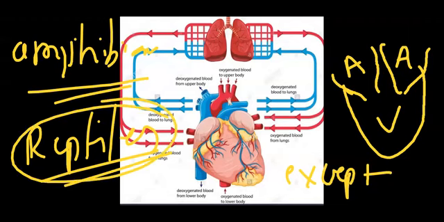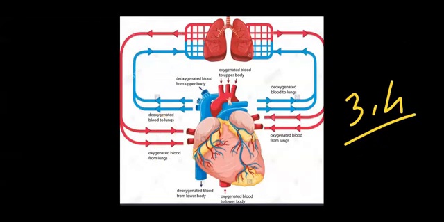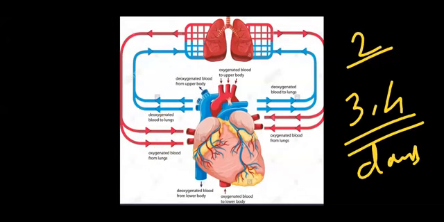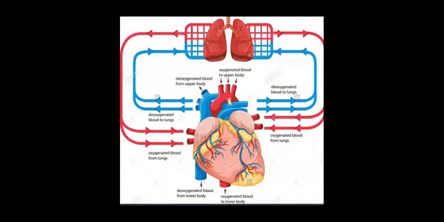So remember this. So crocodile also has the double circulation in its body, right? So जिनमें 3 chambers, जिनमें 4 chambers of the heart, उनमें double circulation. और जिनमें 2 chambers of the heart, उनमें single circulation. Okay, so this is about how the heart works in a double circulation.